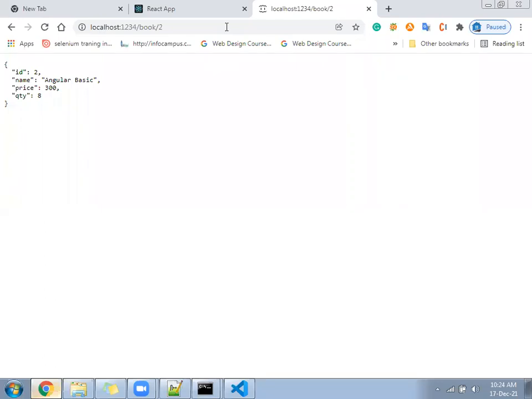Okay, so how to set up the JSON server? If you remember the steps, first we created a folder. Inside that we ran npm init. After npm init, we created a file data.json and added some records in the multi-dimensional array format. After that, we installed the JSON server. What was the command for that? npm install -g json-server. Why -g? For global installation, like to install on the D drive.